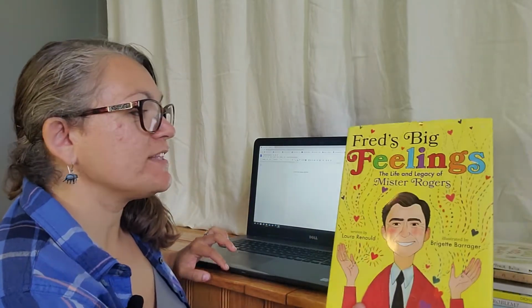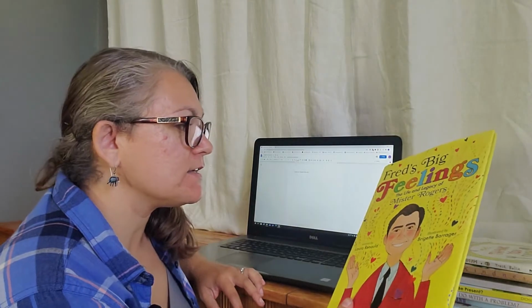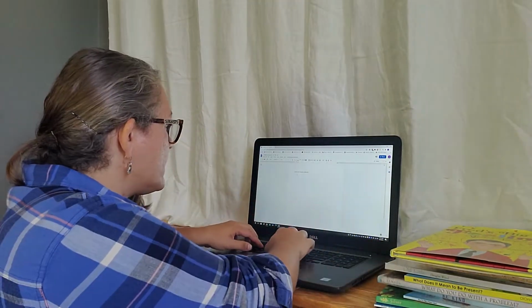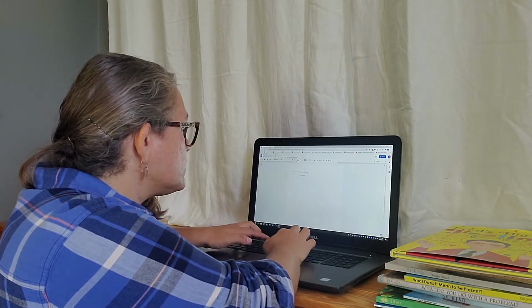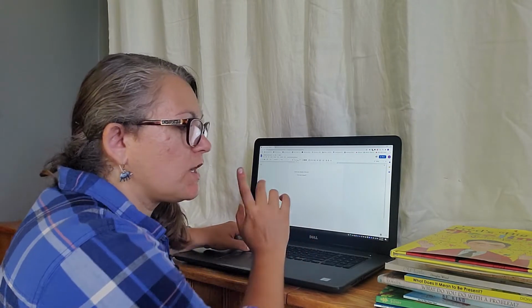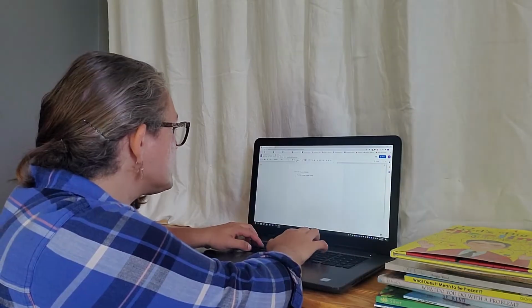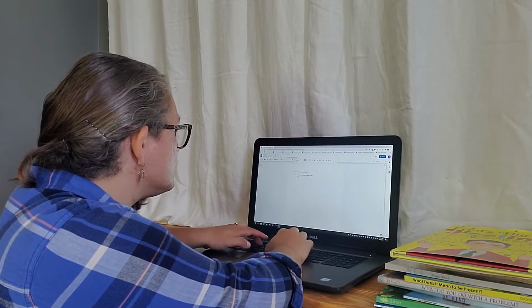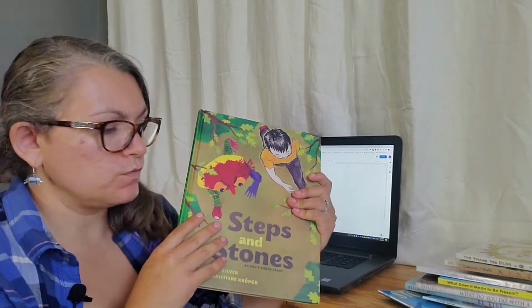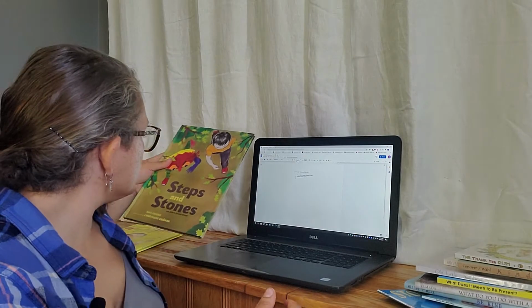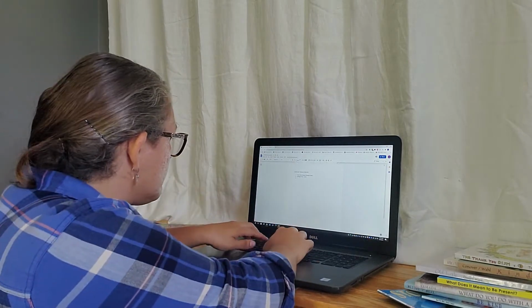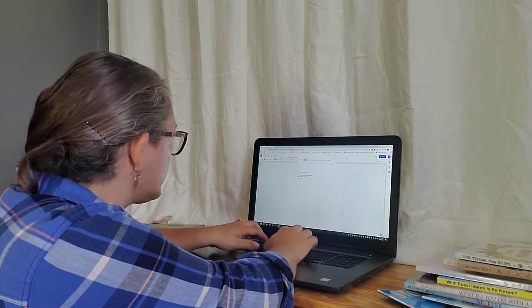I'm going to start with Fred's Big Feelings, The Life and Legacy of Mr. Rogers. And I'm also going to pair this with feelings cards by Steph Hathaway, which I need to make a note to myself to print. And I'm actually going to give that 2 weeks. Steps and Stones, which is dealing with anger. And it's a good book, so I'm going to include that one there because my intention with the feelings and